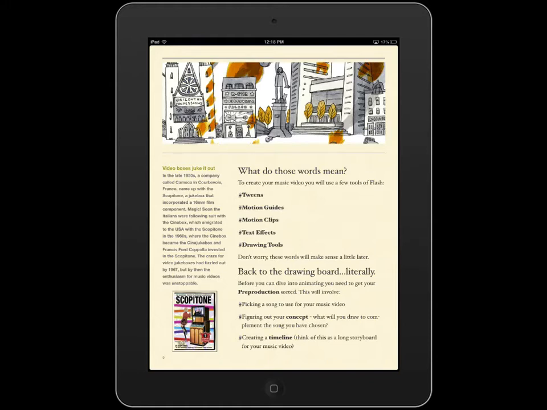So the one that we've seen, we had these buildings falling apart because he was talking about the rest is yet to come. We had burning stuff. We had little clips of animation moving across here. It was kind of a journey through the city. That's his theme. That's his concept. So you need to figure out what your concept is going to be.